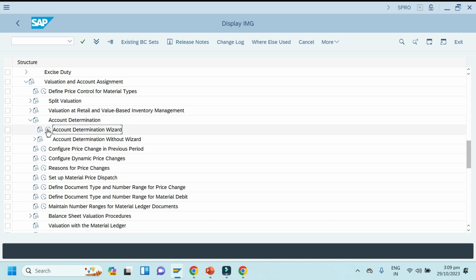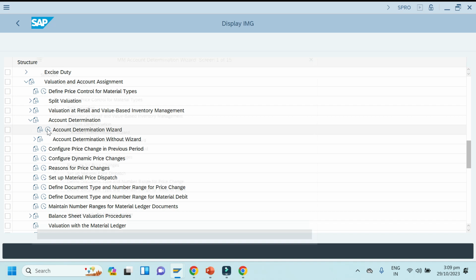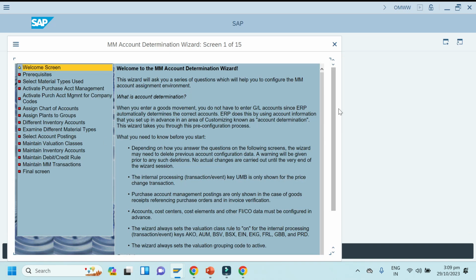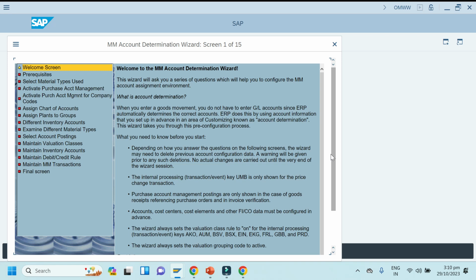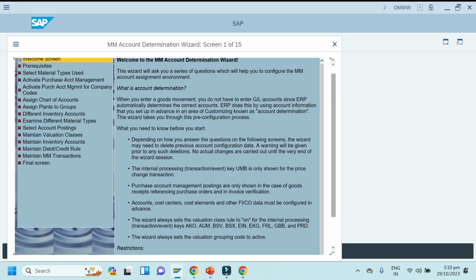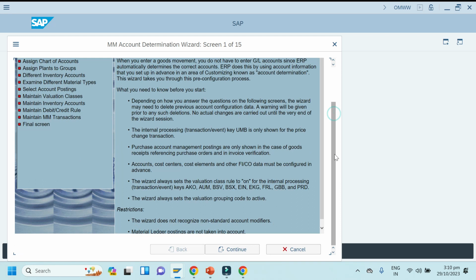So if you click here now with wizard, you can see they have continue. If you click continue here, let me do it, I will not save it. Welcome to MM account determination wizard. There they have given the definition of what is account determination. These are things you can read for your understanding. Click continue.